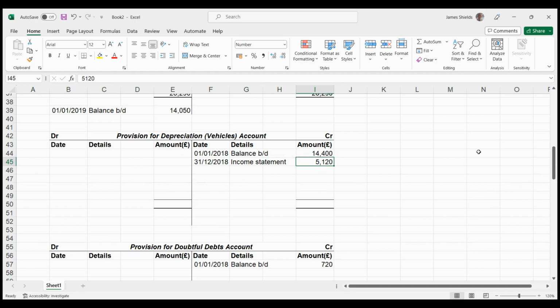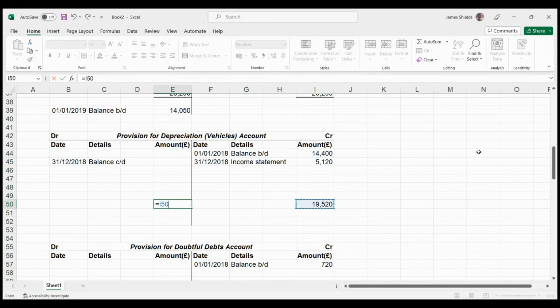It can be added on to the depreciation at the beginning of the year, and then at the end of the year, we'll have a balance carried down. So that's going to be your 14,400 plus your 5,120. I'll put my total here for you so you can see it. So it comes to 19,520. So the balance carried down is